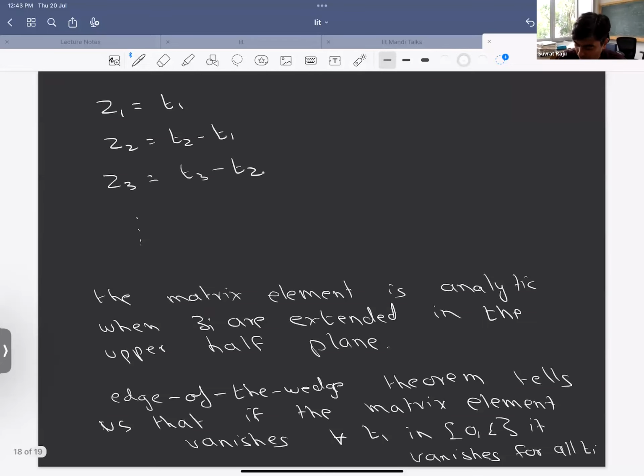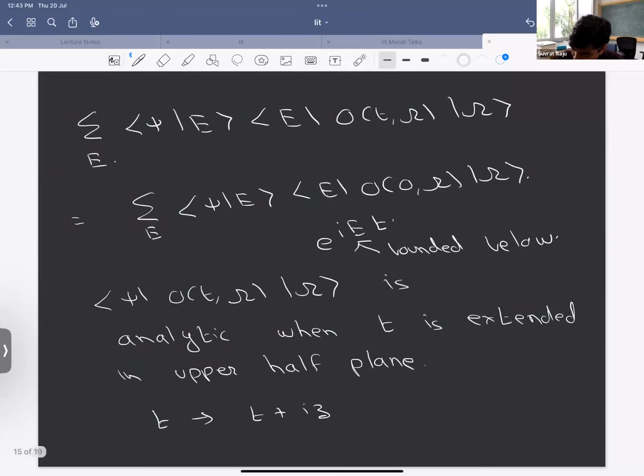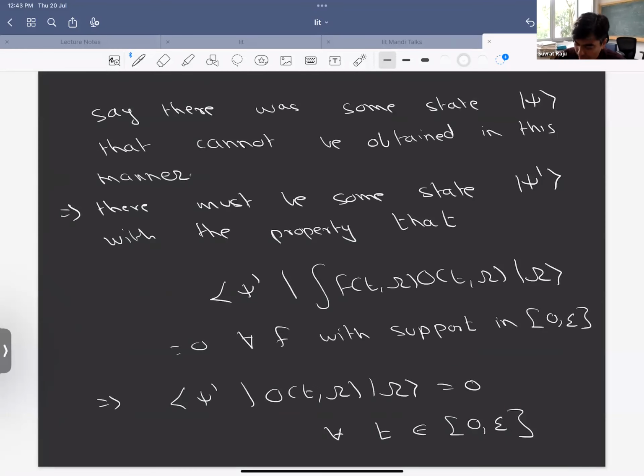Because you see, what I needed to do to make the proof was to say, imagine there was some finite residual. Imagine there was some state psi which could not be obtained in this manner. Then there must have been some state psi prime which is orthogonal. That's because psi has some finite residual, and that's why I'm not able to approximate it arbitrarily well. So what I really proved is that you can never have a finite residual. And so you're right. The precise statement is that the state can be approximated arbitrarily well.